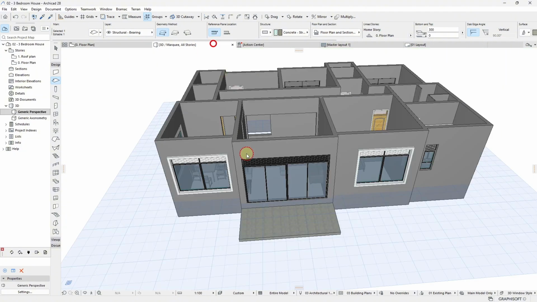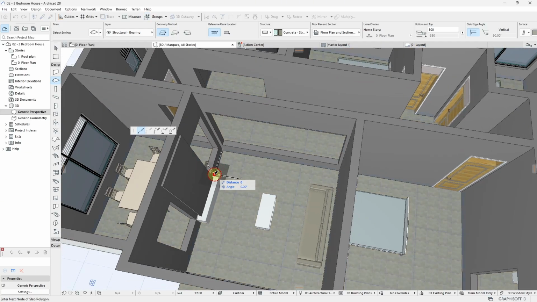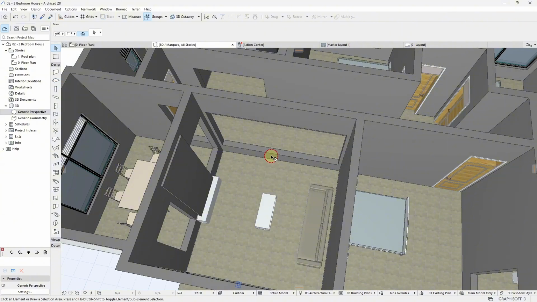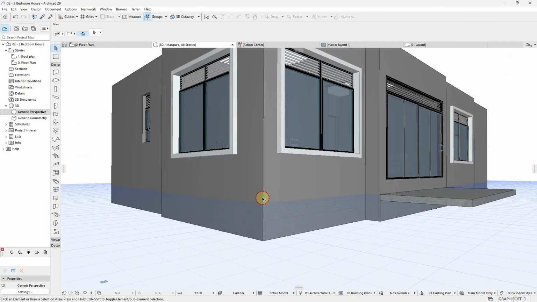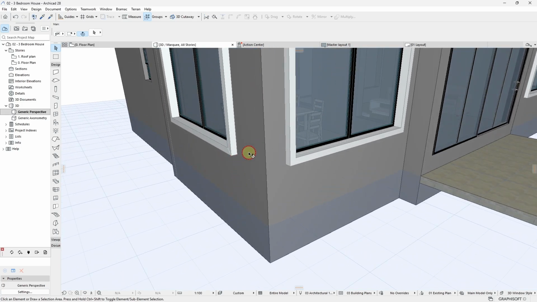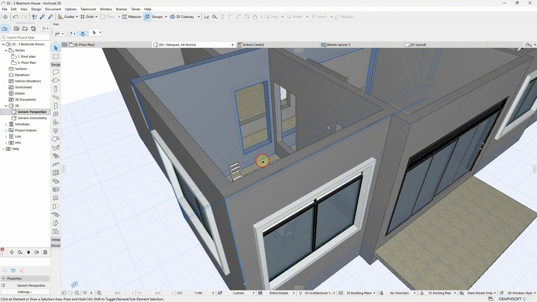If I come into my 3D here, I will see that yes, I have a floor slab inside. That's a floor slab. However, the slab is not showing outside here. So what I'm doing here is I'm working as if I'm building a house, but a finished house. By this, I mean that this floor slab, just in case I were to bring it out here,